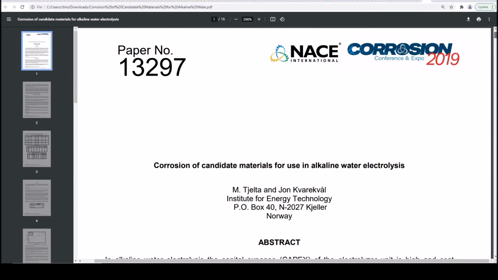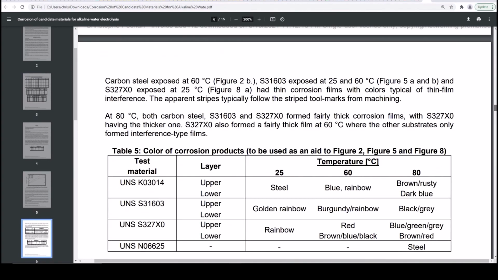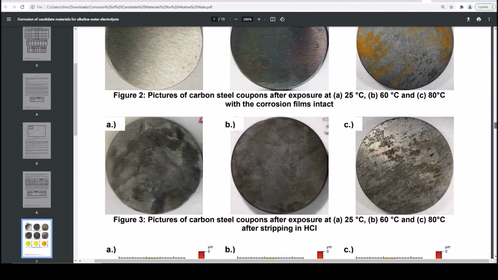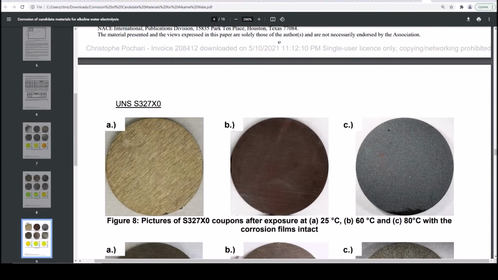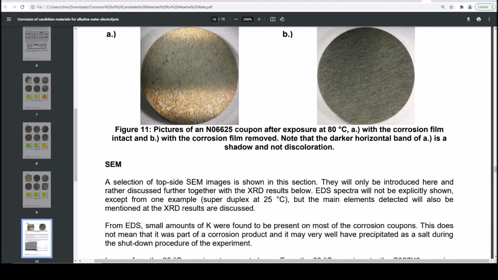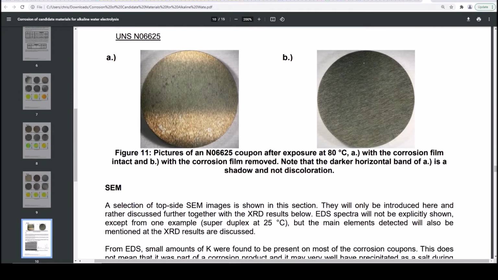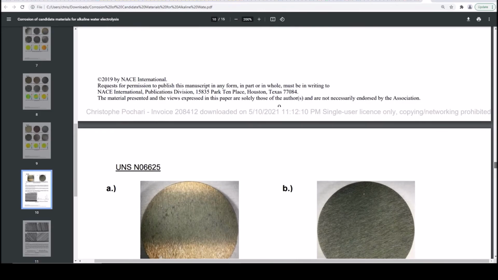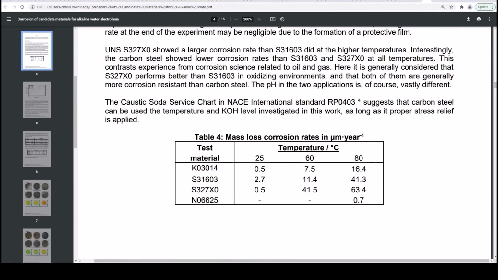I probably shouldn't be putting this on YouTube, but what I wanted to show you is that you can see here, this is for the carbon steel. Still looking pretty good. The nickel, down, where's the nickel? There's the nickel. And you can see it looks very, very good after I think this was 35 days at 80 degrees. Yeah, I think it was 35 days. So if you go back to nickel at that rate, you can see at 80 degrees